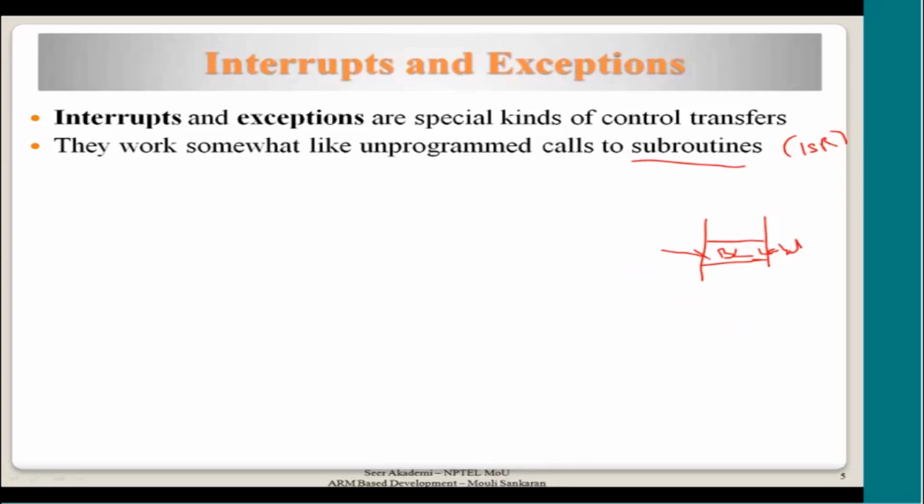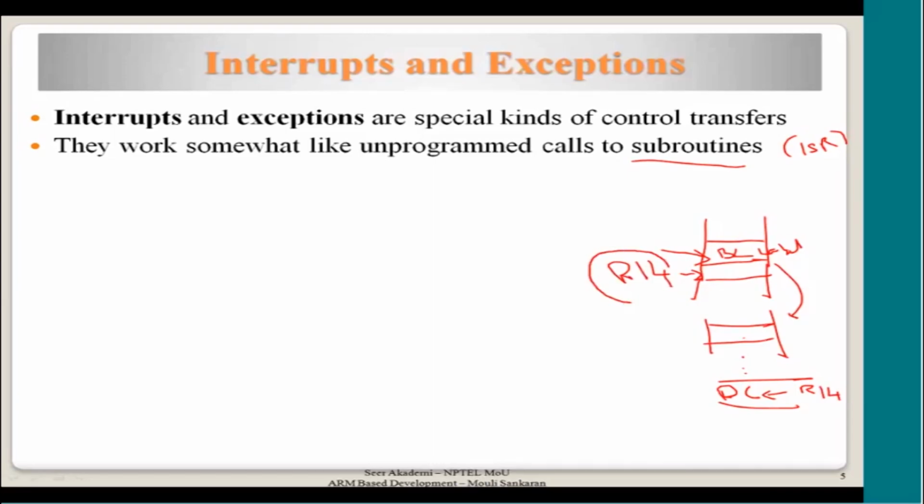When the program counter encounters this instruction, it jumps to that particular address and executes the subroutine there. What happens after completing it? It returns to the instruction following the branch by copying R14, because branch with link would have put the address next to this instruction into the link register, which is R14. So this instruction automatically stores this address in R14, the address next to the branch with link instruction. It executes the subroutine, and then PC is loaded with that address, but you have to execute this instruction. It is not automatically done. Please remember,